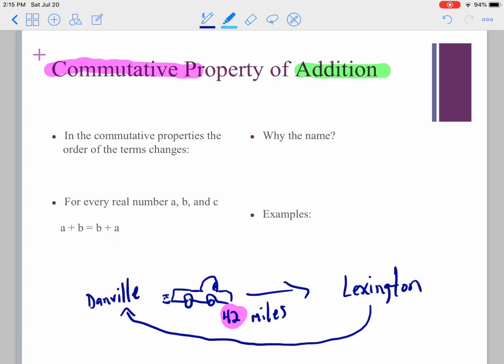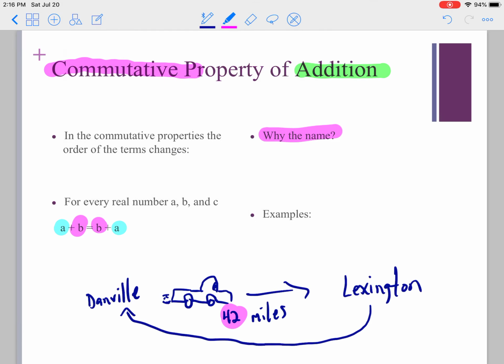We have a variable A and we have a variable B. And what the commutative property says is that A plus B is going to be equivalent or equal to B plus A. Nothing changes as far as the value is concerned. And so when we look at why the name